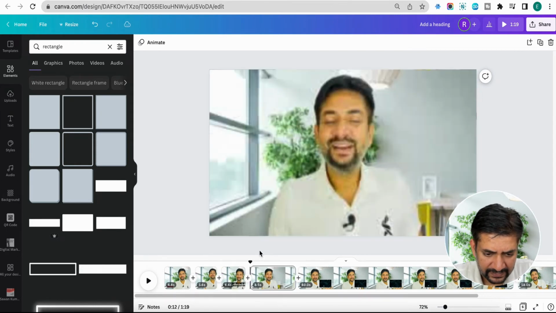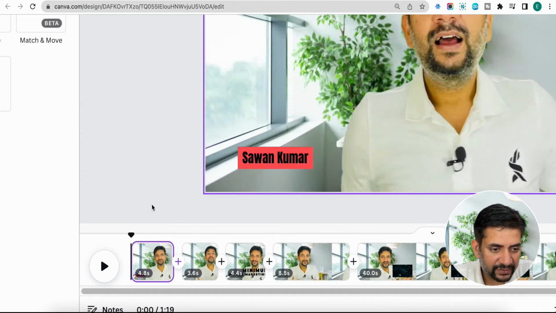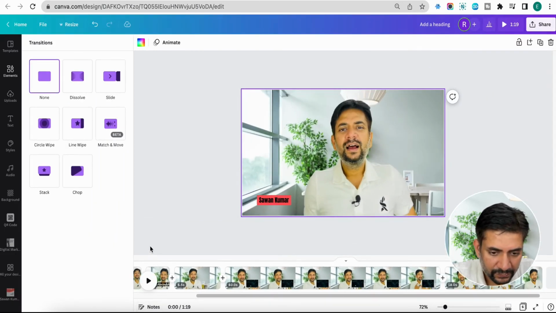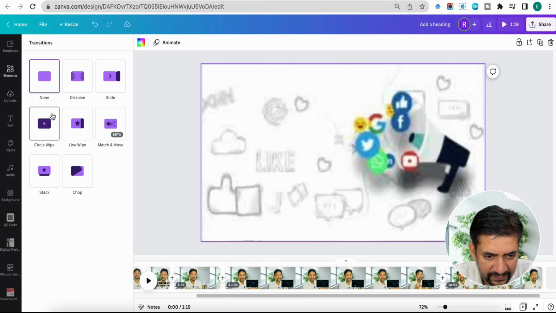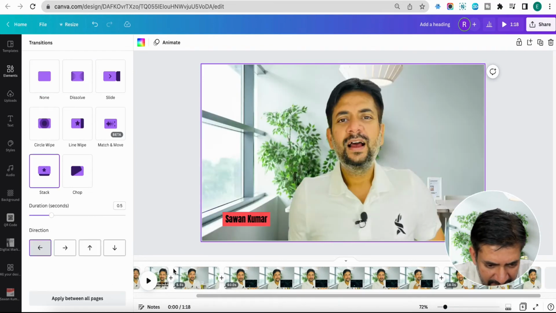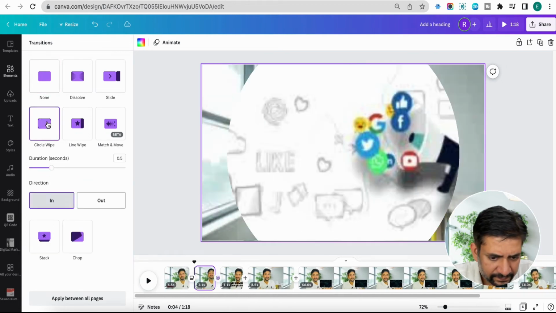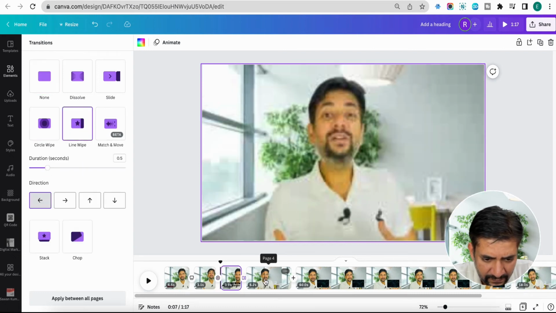at multiple places. We split it, and if you see, there's an option to add a plus, add a transition. These are the different kinds of transitions that you can always add. These are the different options for the transitions that we have: the circle, the match and move, the chop, the stack. Let's select this as a transition over here. Let's add a different transition over here. Let's add a different transition again over here. And if you see,